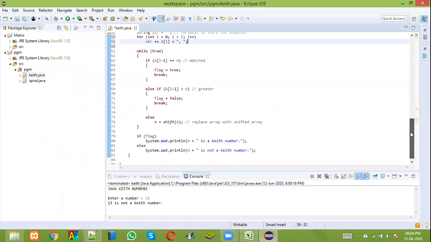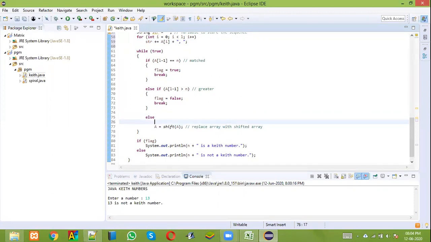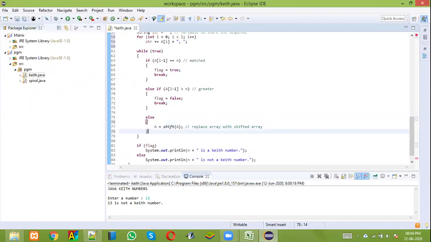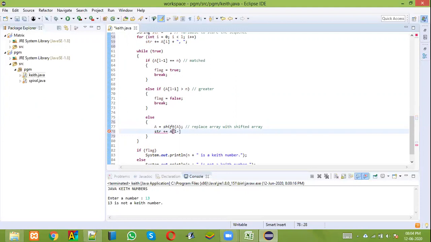Now, how to keep adding the next elements? In this area, if we know that we have to continue, what we'll do is add to the string: str plus equal to a of L minus 1. That is the new element that is added.